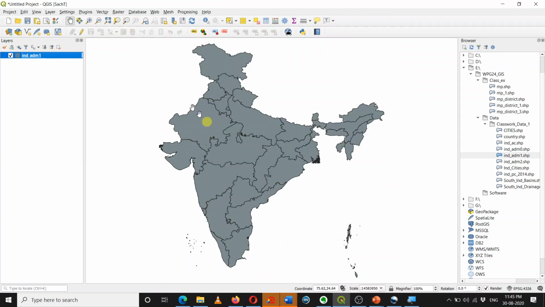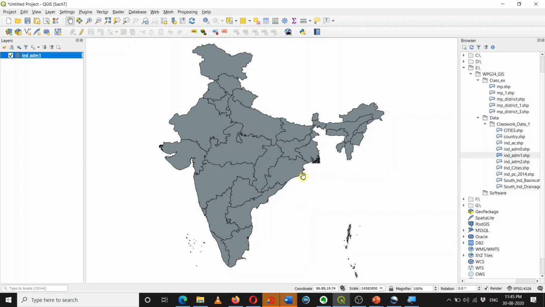Now let's look at this vector file IndiaAdmin1. Now whenever you open any data in a QGIS environment, it has its own coordinate reference system which can be same as the project coordinate reference system or it can be different, and I can see all this information in something which is called as the metadata.